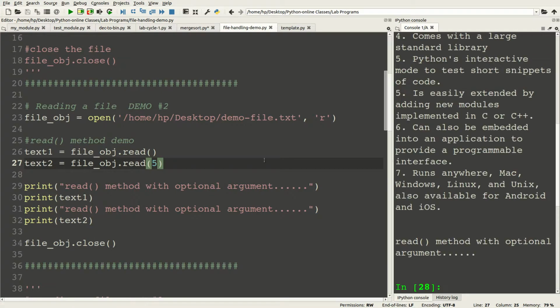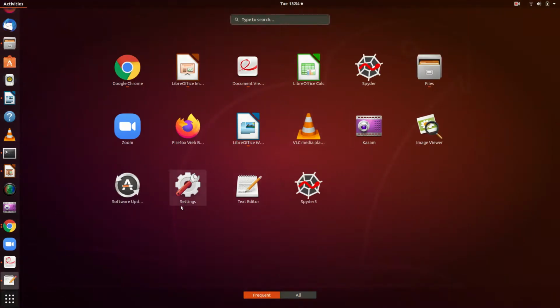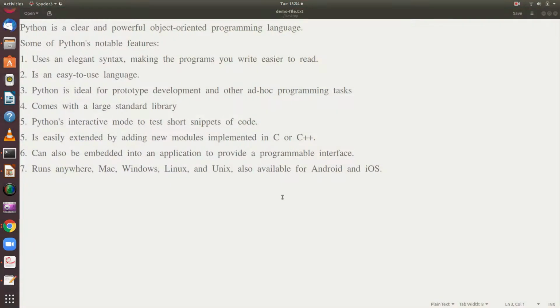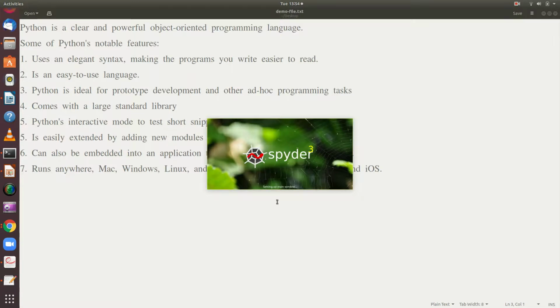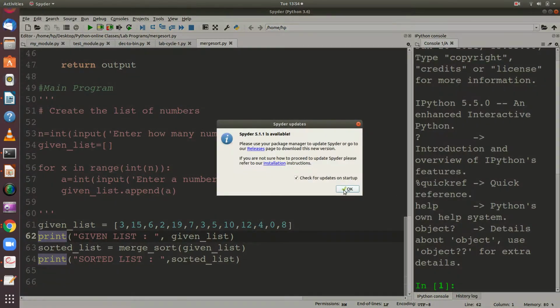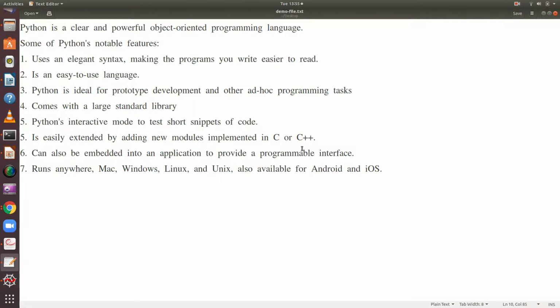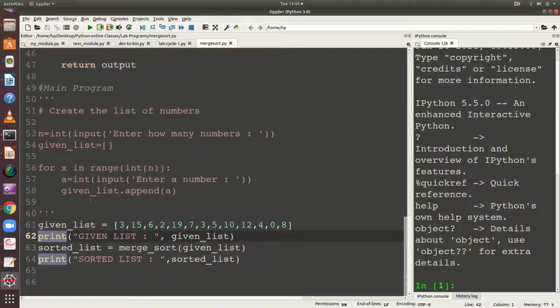I run the program. So this is the content of my file.